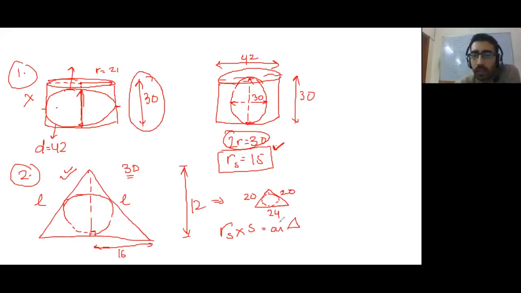And you can immediately calculate area because you already have the height. Height is 12. This perpendicular height is already given. You have it here, it is 12. You have the base 24. Area of the triangle has to be half into perpendicular 12 into 24 base. Semi-perimeter is, of course, half of the perimeter. The perimeter is 64. So the semi-perimeter is 32. That should give you in a jiffy this answer. The radius of the sphere, which is the radius of the incircle.